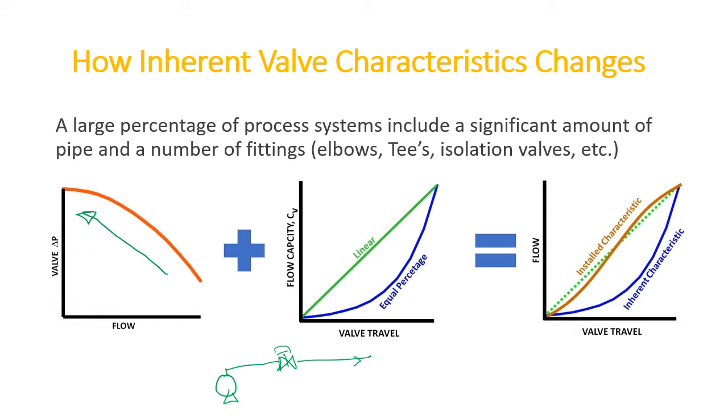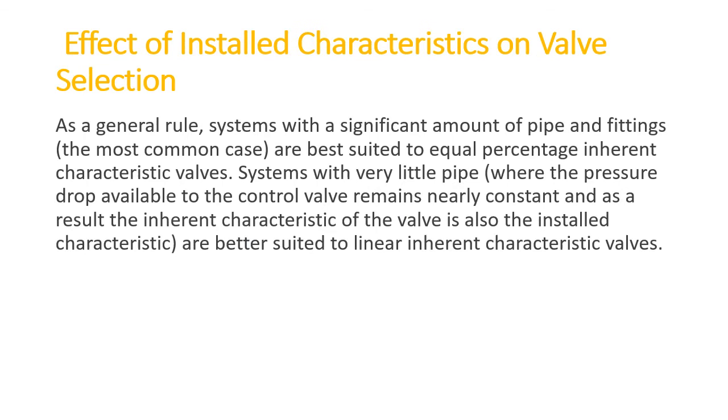So you can see this is the inherent characteristics of the valve, equal percentage inherent characteristics. And when the valve gets installed in such a situation, it becomes like this. In the case of the linear valve, the situation becomes like it gets dropped in some cases. This is the inherent characteristics, and this becomes the installed characteristics. So I think now you have understood the difference between the installed and inherent characteristics, and why the installed characteristics change from the inherent characteristics.